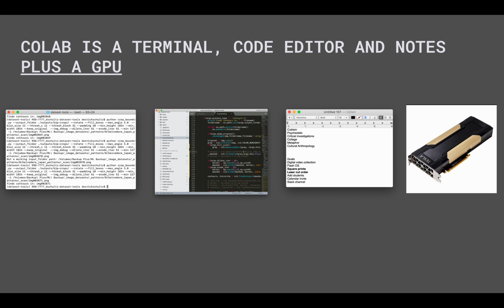Now, some of you might say, I have a GPU at home. Can I run all this stuff locally? You can. I probably wouldn't recommend it because, one, if you don't know how to set up all this code locally, it's not worth me trying to explain that in this class. If you're a programmer and you know how to do this, you can certainly try it without using Colab, but I might recommend it just for the Drive integration and other stuff.